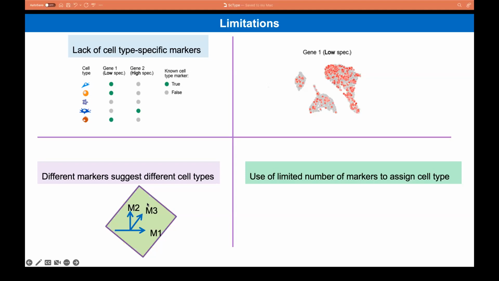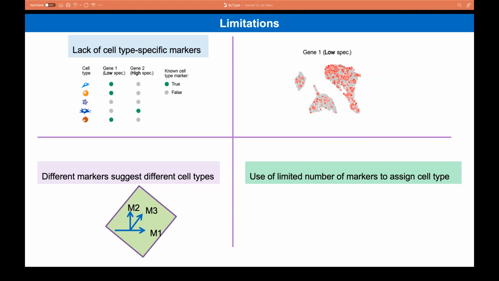The third problem was that it's easy when you have one or two markers, but let's assume that a cell type has been reported to have like 2-3 markers. Then there was no idea how to integrate them and say what cell type it is. And of course, we all know that the number of markers is limited, and we need more markers to better